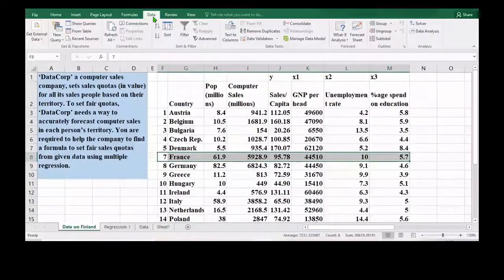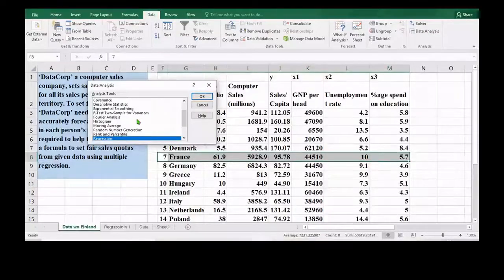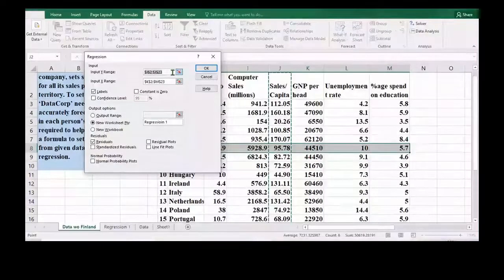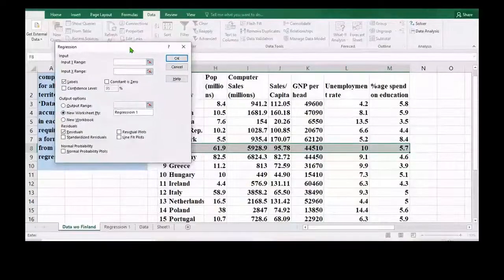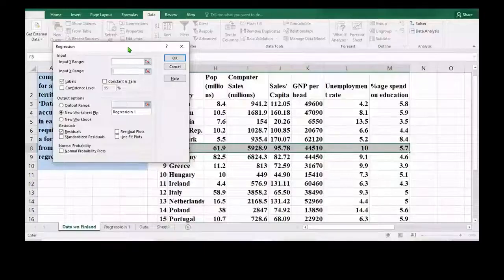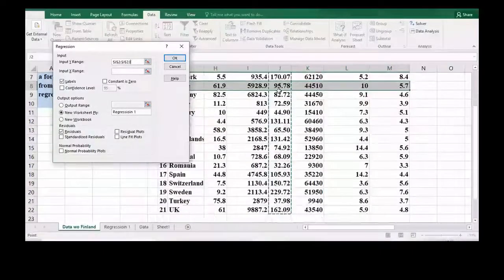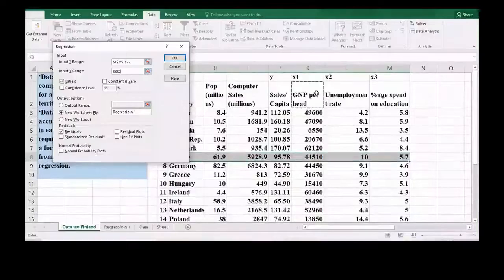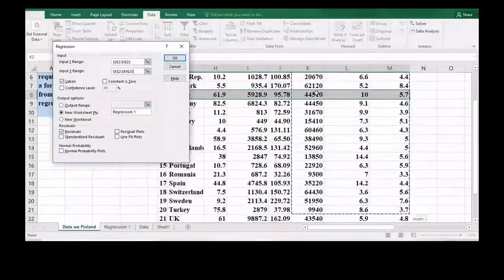Now once again rerun the regression: go to data, data analysis, select regression, click OK. Whatever range you have entered previously, you just remove that and freshly enter the range. Now input Y range, select cells per capita column including the title, and in the X range just simply repeat whatever we have done previously.